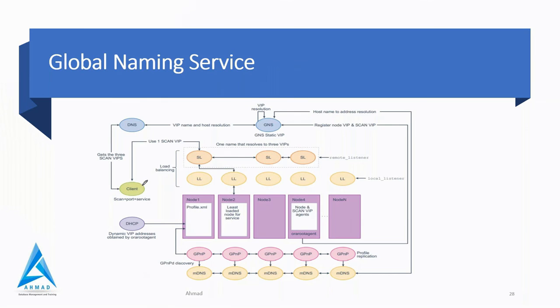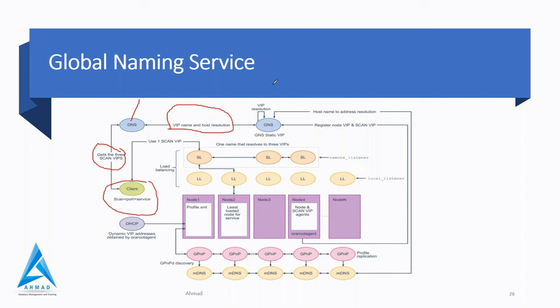So this is your client. Here is SCAN, port, and services. So what is written here? Gets the 3 SCAN VIPs, and this is DNS that will resolve the name and host resolution. Everyone knows that.